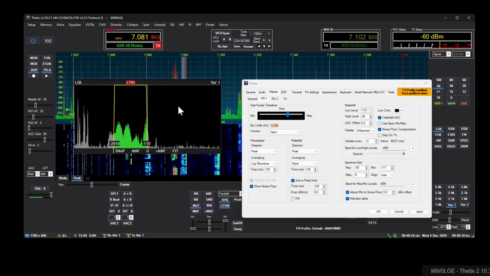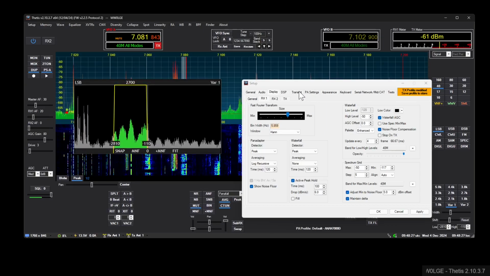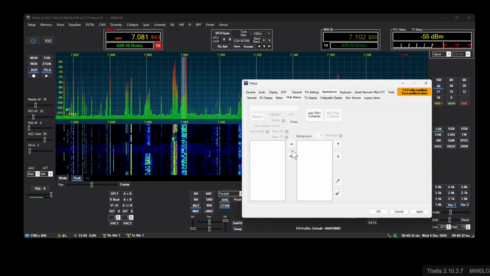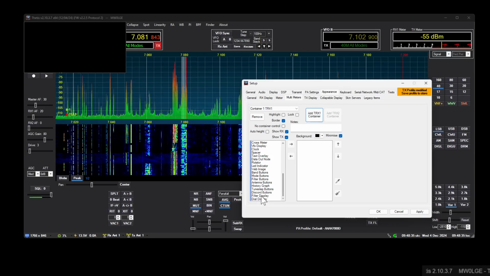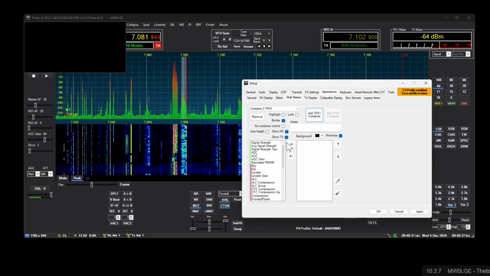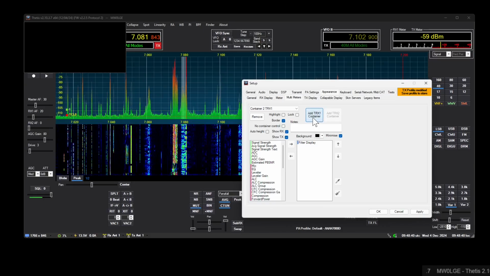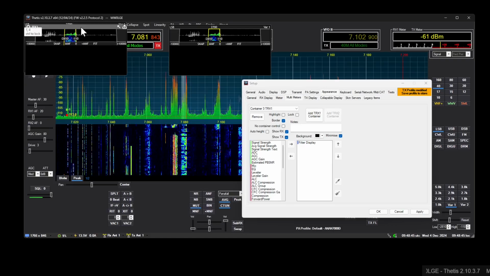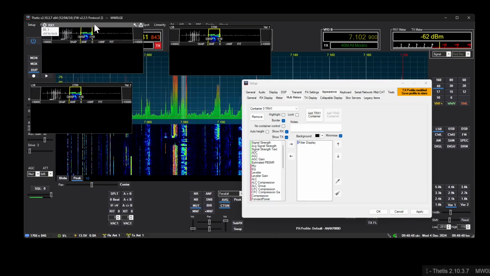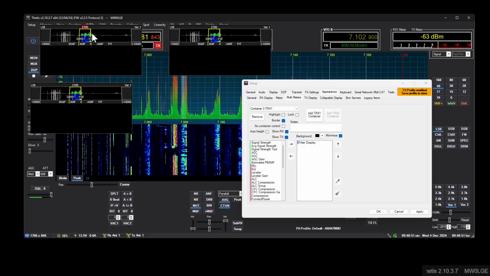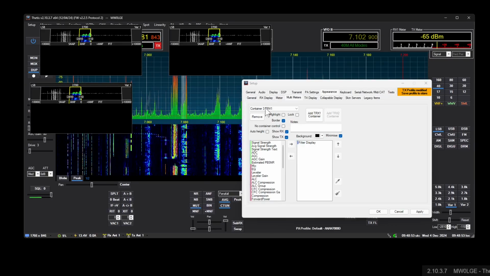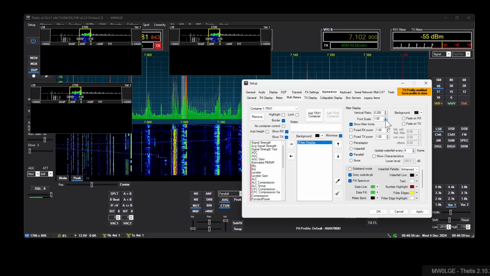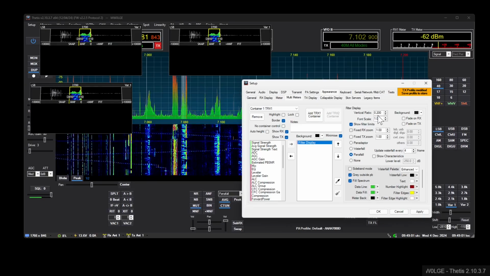So that's that item. The next item to have a look at is, let's just remove this one. And incidentally, I should add, you can have as many as you want of these. They share the same analyzer, so a secondary analyzer gets added for receiver 1 and receiver 2. And if you have like 3 displays here, for instance, they will be sharing the duplicate analyzer that is assigned to